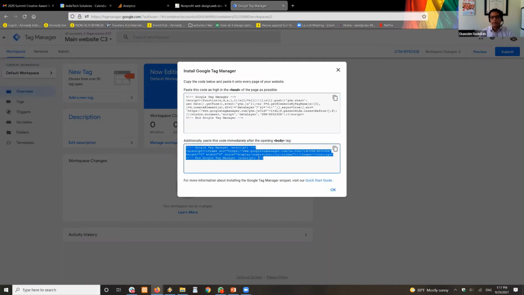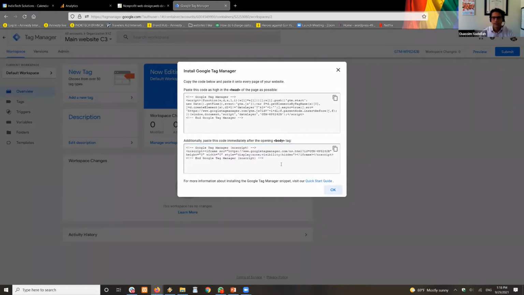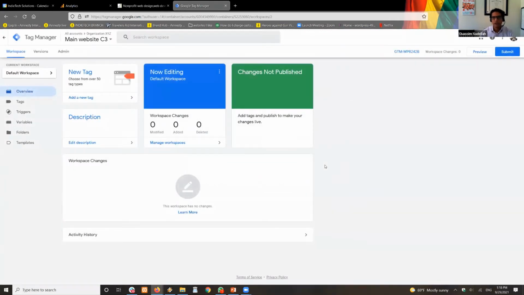If you just want to do it yourself, that's very related to how your website is managed. But this is one of the only pieces of code you have to put on your website for Google Tag Manager to work, because you need that connection, right? So once that is done, and if this is confusing, please send me questions and I can explain it more. Okay, so let's say we install it, it's on our website and it's working fine.